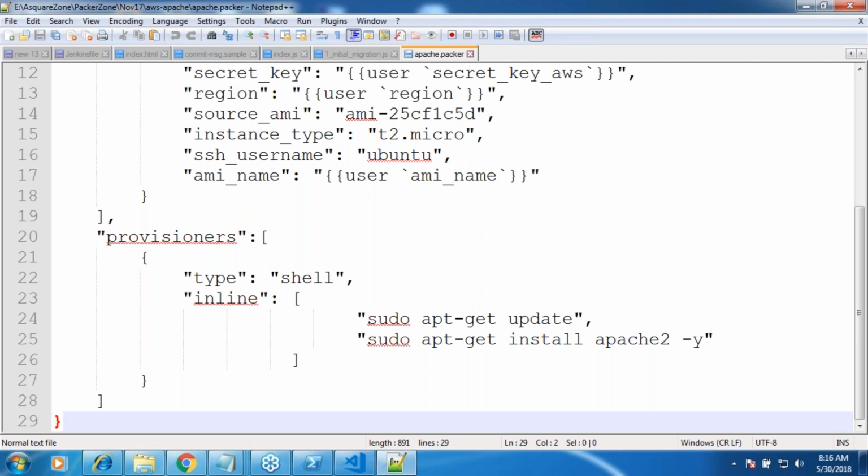So we have to write Packer something like this. For that reason, we should know what JSON is and why we write in this format. It doesn't make sense for me to teach about this format only here. Let us make it generic so that we understand JSON and then apply that JSON here.